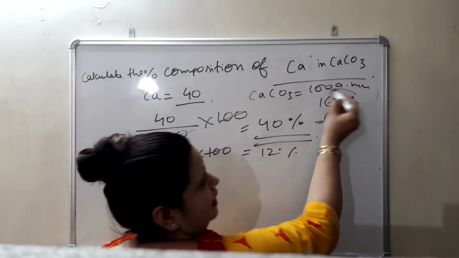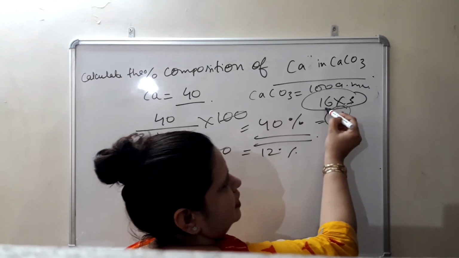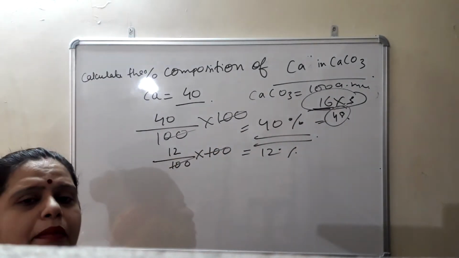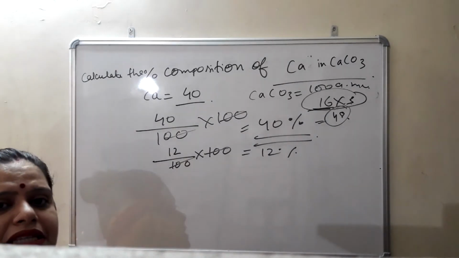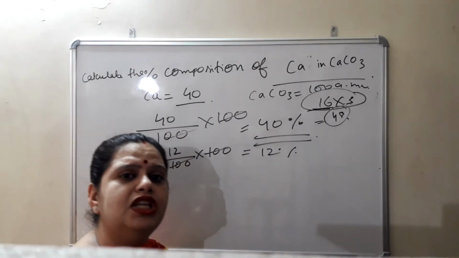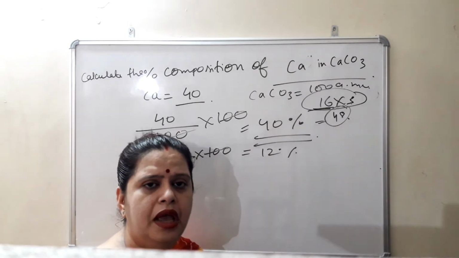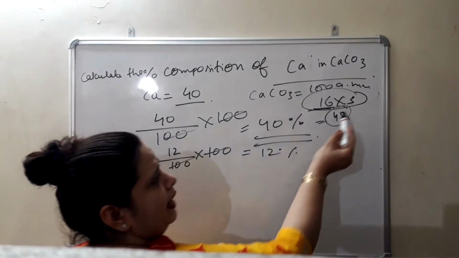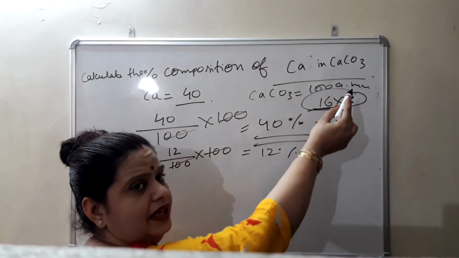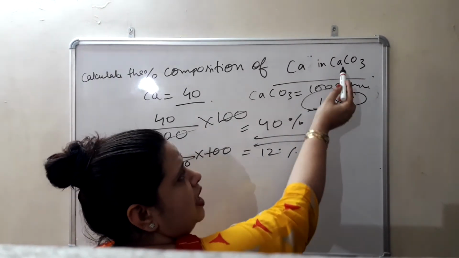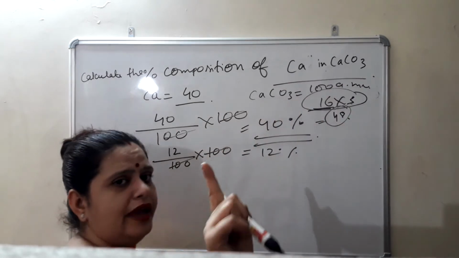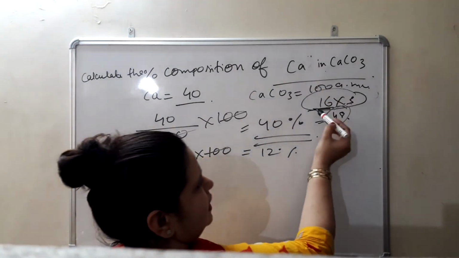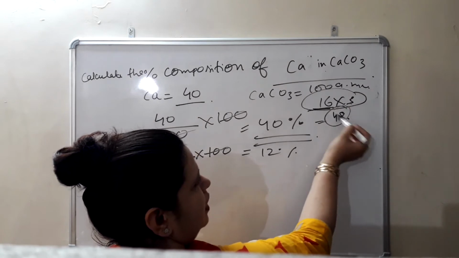I think this is clear why I have multiplied this 3 with 16. 16 is the mass number of oxygen. Atomic number 8, mass number is 16. As I already said, these values will be given to you. By using this value, very easily you can calculate. That's why 3? Because 3 atoms are there. That's why multiply by 3. In these cases, only 1 atom of calcium was there, only 1 atom of carbon was there. Now 16 multiplied by 3, 48.